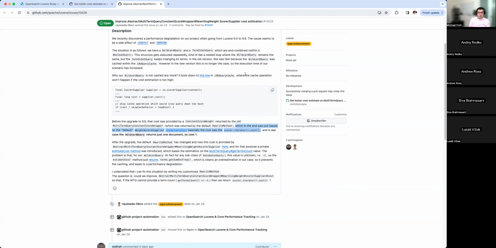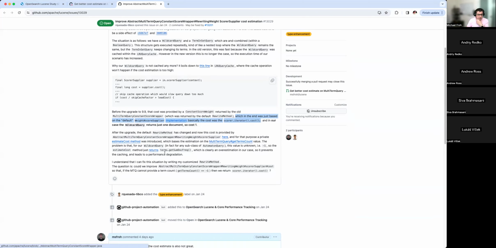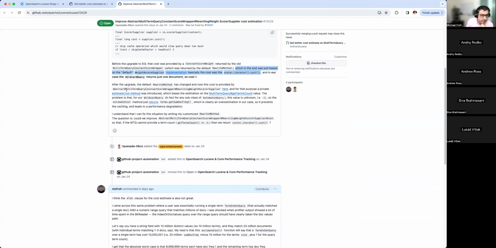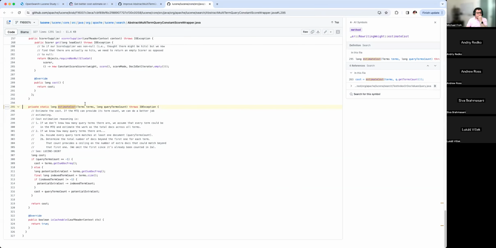Well, it turns out that the estimate that he came up with, where did he put that? So I put some comments talking about this. So the estimate: how can you estimate the cost of a prefix query, a wildcard query, whatever, without knowing what it is ahead of time? Or even a term set query, right? Where you're saying like, oh, find things that are this or this or this or this. Well,